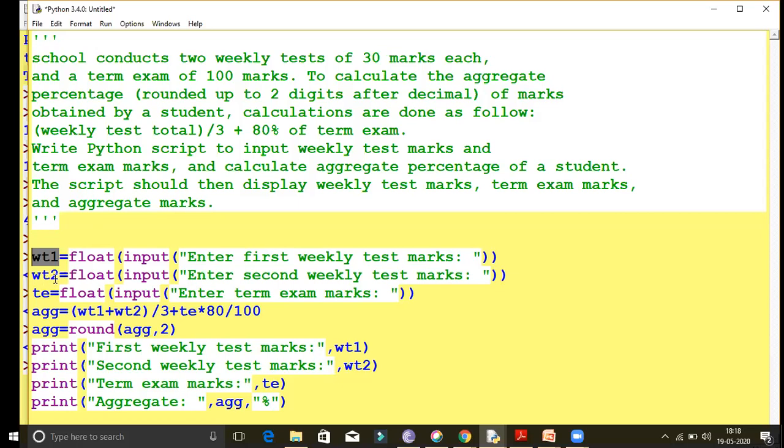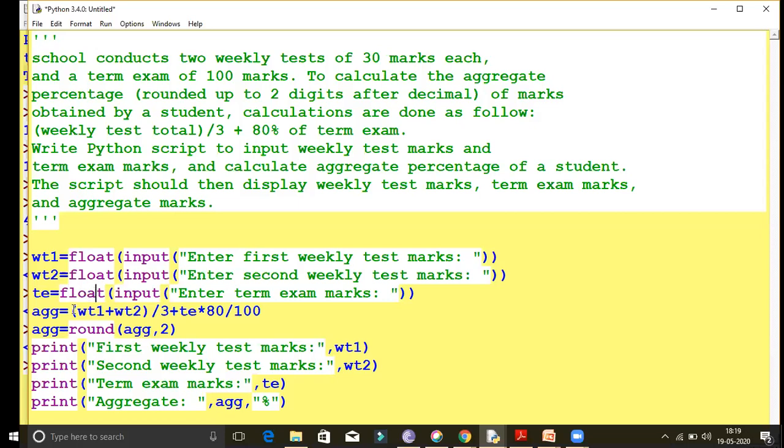Now this is a second variable which will hold the second weekly test marks, and this is also a string to float conversion, held in WT2. Next, this is the term exam, TE. It also gets a value and stores it in TE, also converting into float type.